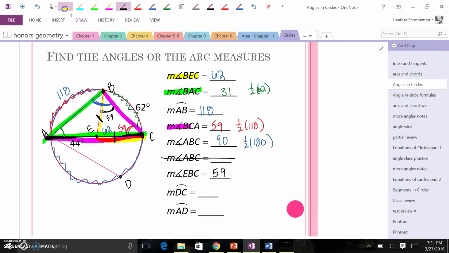All right, now they want arc DC. Okay, arc DC. Well, if the only angle that goes with it is this one, and so it is an inscribed angle, so this angle, which is 44, is going to be half